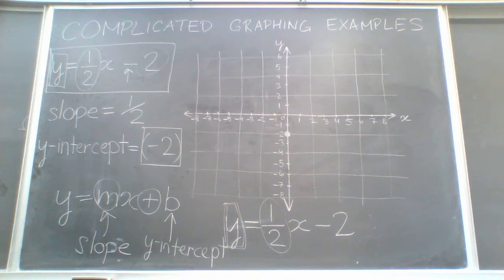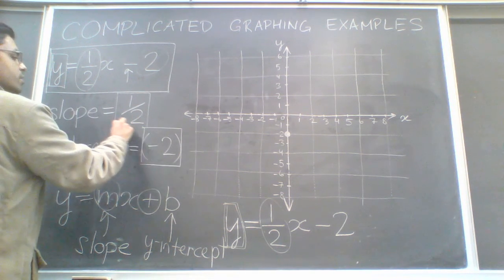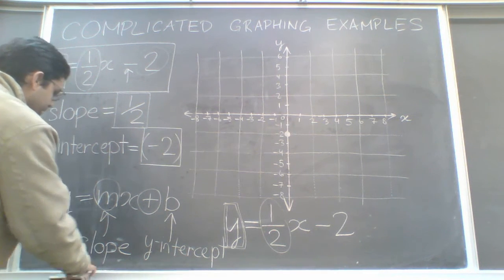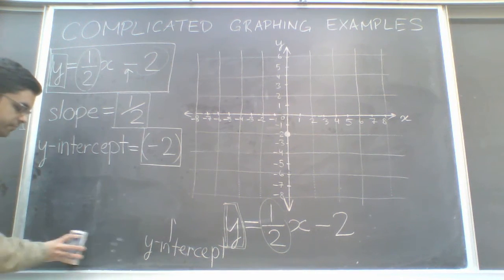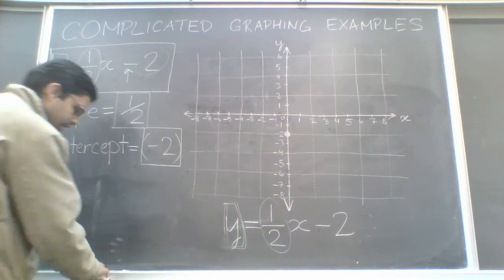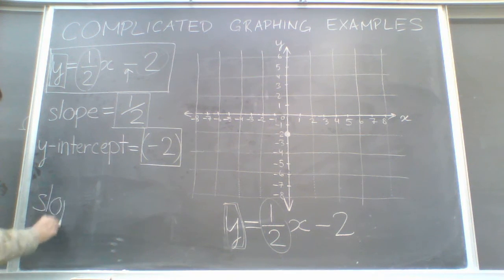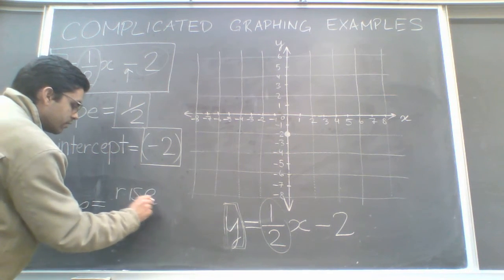All right, with that out of the way, we can now plot our next point. But in order to do that, now we need to utilize this piece of information, the slope that we found from our equation. So what I'm going to do is I'm going to get rid of this stuff down here. All right, now we know our slope is equal to the rise